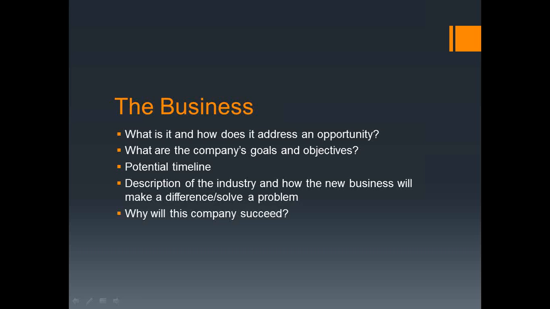Probably a timeline of some sort. It doesn't have to be a real timeline, but it can be if they wanted to do that. But just sort of outlining, by such and such a time we will have done this, and by the end of January we will have done this, and our board will be decided by such and such a date. So how aggressive are they, or how fast do they think they can be up and running? And it's not that they have to have it the next day. That's not it. It needs to be realistic for what it is they're trying to do.